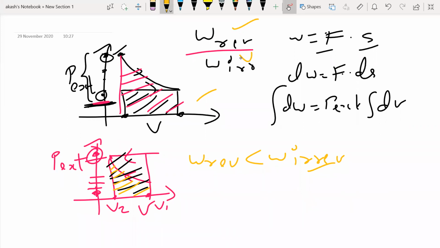Sir, why do we consider that irreversible? Why is it like a straight line? That's what I said. This pressure here is the external pressure. Now this pressure is not going to change. This is constant external pressure, but the volume will change. The volume is going to increase. So obviously how will the graph look? This pressure should not change, so definitely it should be a straight line. Only then is this value not changing, but the volume has to increase. So the graph looks like this.